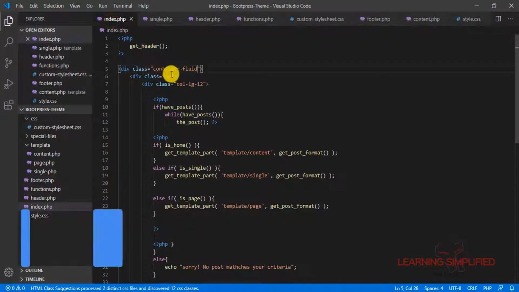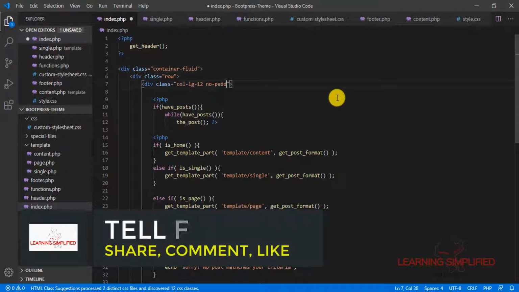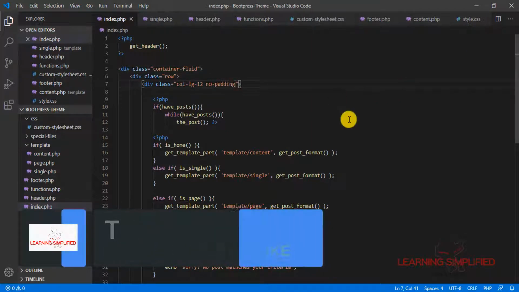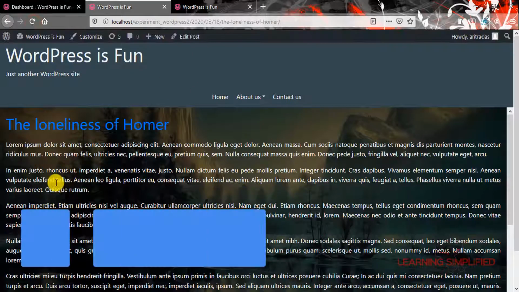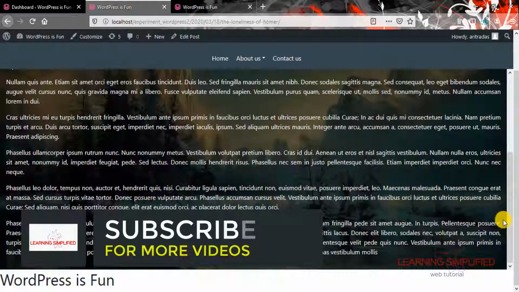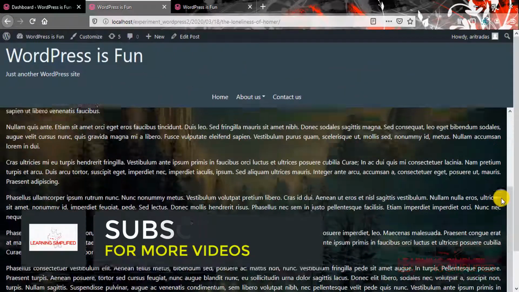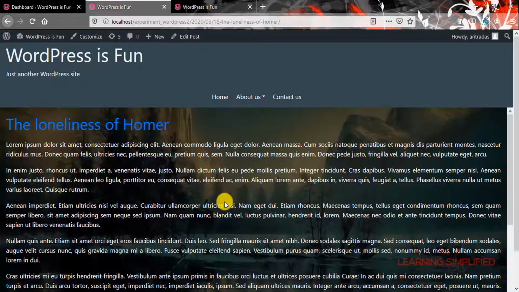Head back to index.php. Now with this col-lg-2, we will be using this no padding class. Press Ctrl S, head back to your project and reload, and you can see that there's practically no padding right over here. All it is doing is just the scroller which has been used in this particular case.